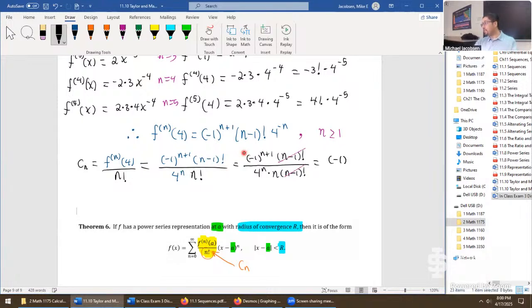All that survives is negative 1 power of n plus 1, over n times 4 power of n. So put that all together, and we can say,